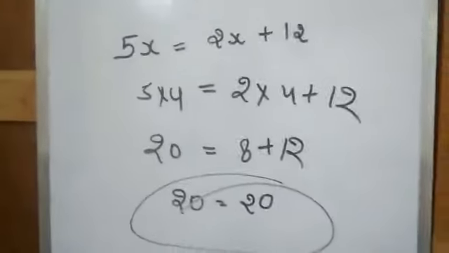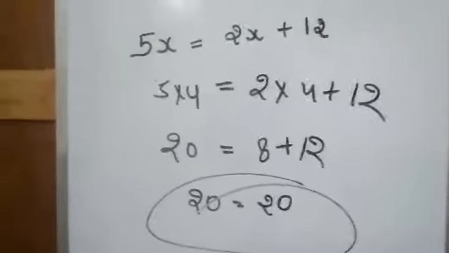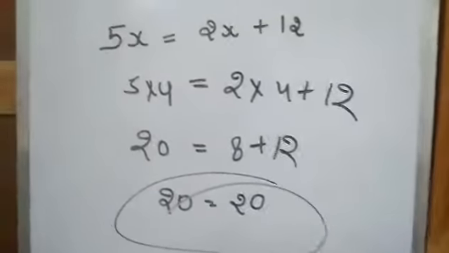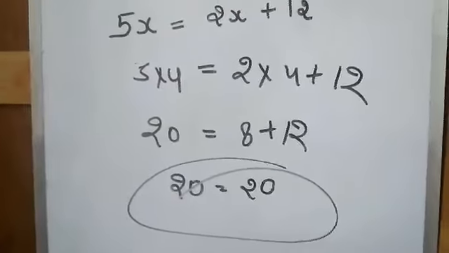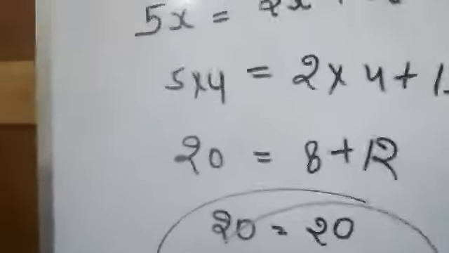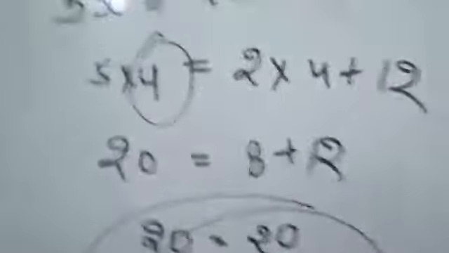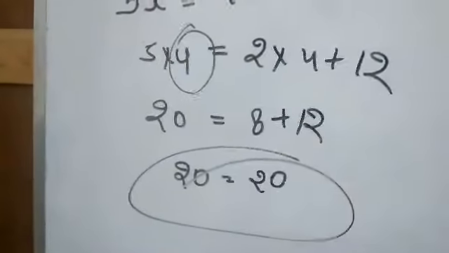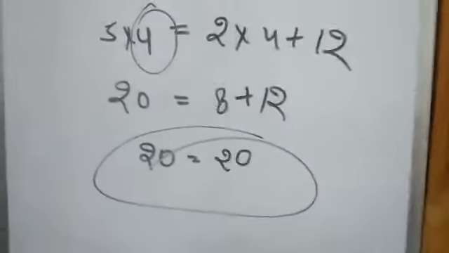This is a method known as hit and trial. In this we have to try the numbers in sequence. Now here we have got the number 4. What to do if the value of x is 10 and we have to solve it with the hit and